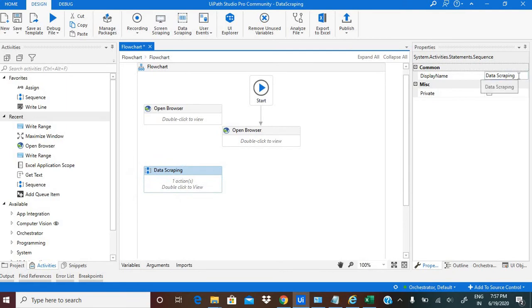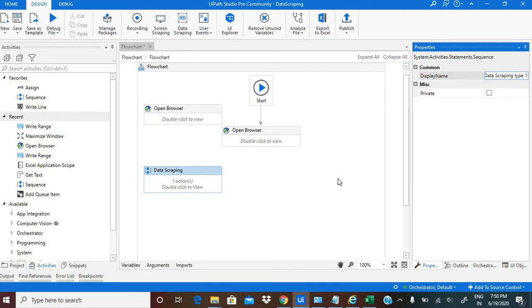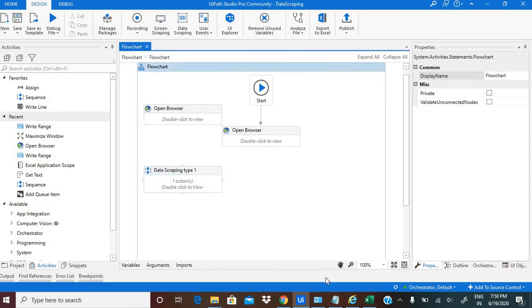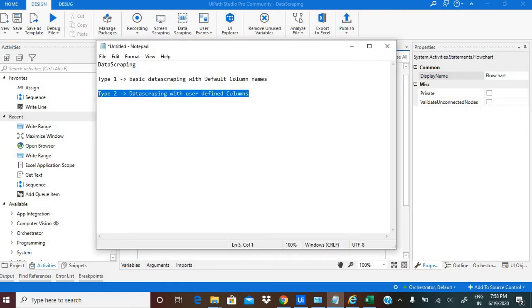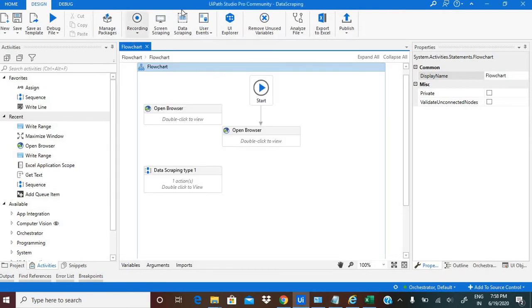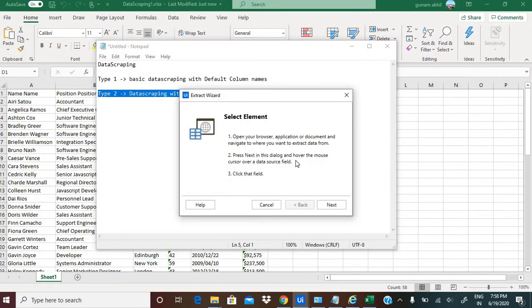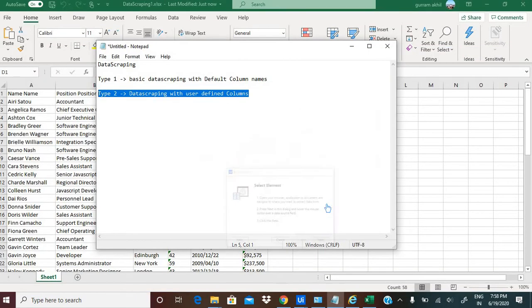I'm going to mention it as data scraping type 1. So the second way of doing the data scraping, that is the type 2 way, data scraping with user defined columns. So again we are going with data scraping. And next,